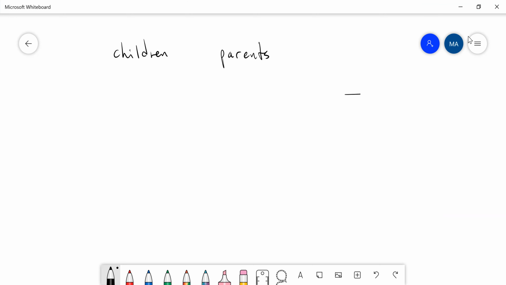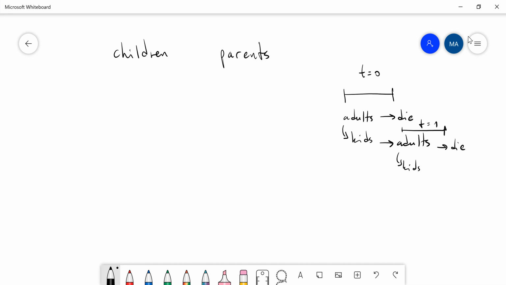So the timing is like this. If this is one period, such as this is period 0, so there are some people here. These are adults and they have kids, right? So these adults die at the end of this period and these kids become adults, okay? So then we have the next period, right, T1. Again, they have kids, these die, and they become adults. And that continues, all right, at T equals 2 and goes on like this.